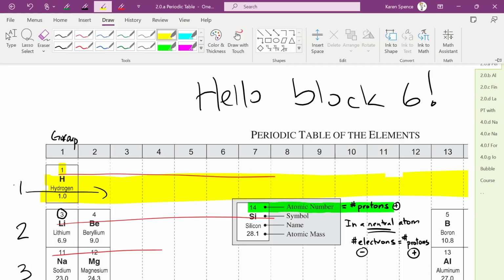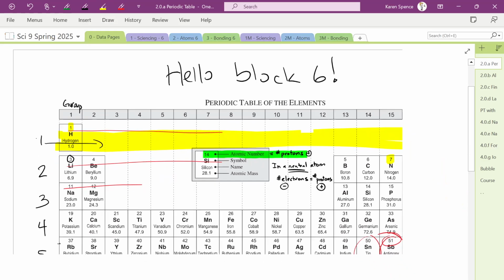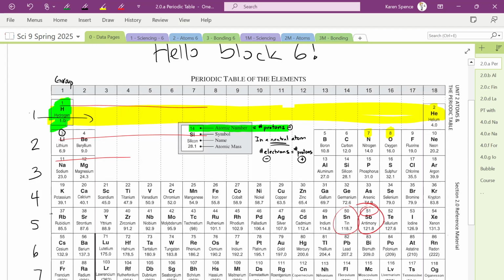Group 1 goes all the way from hydrogen down to francium. That's group 1. Okay, and then we have group 2 all the way over to group 18, which goes all the way from helium down to